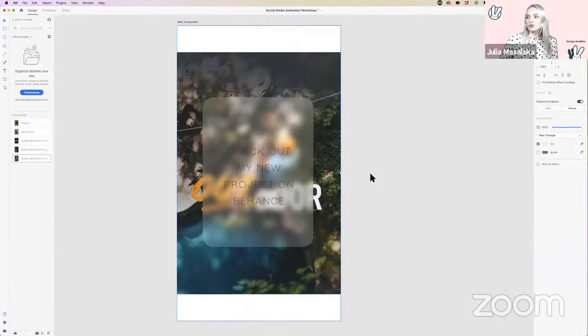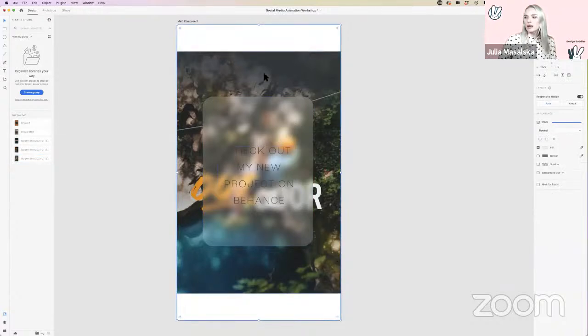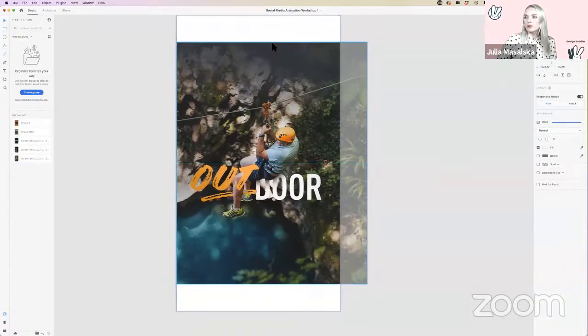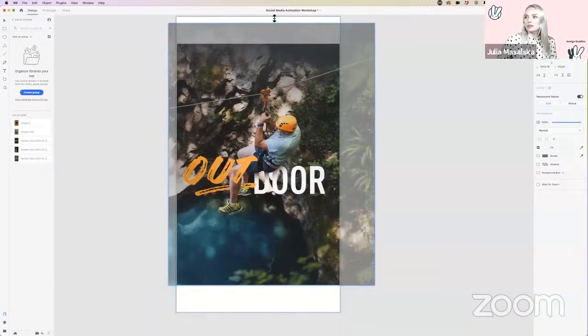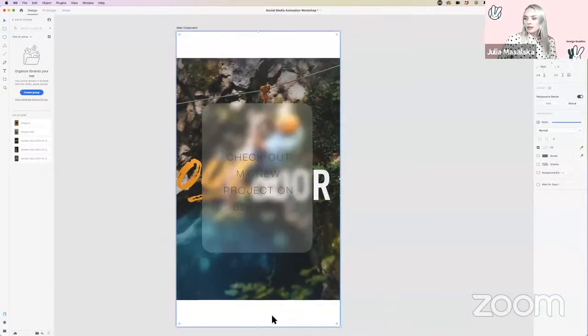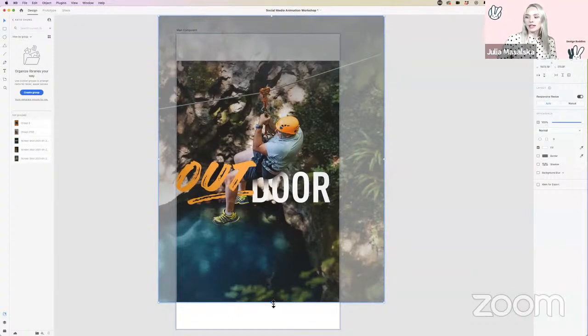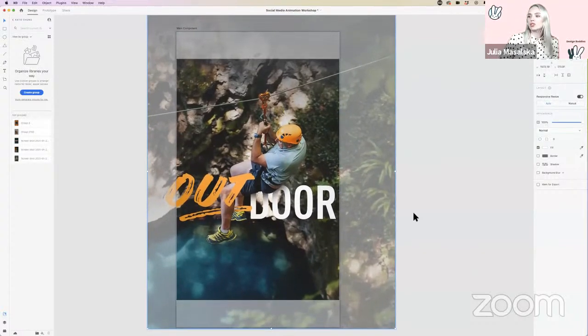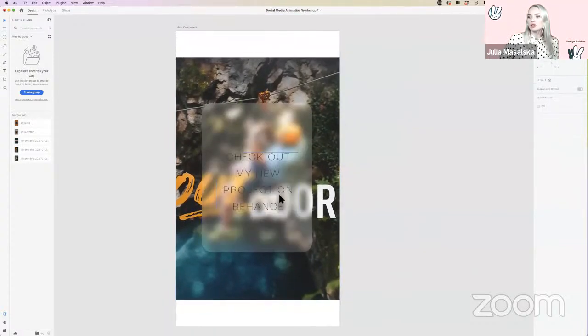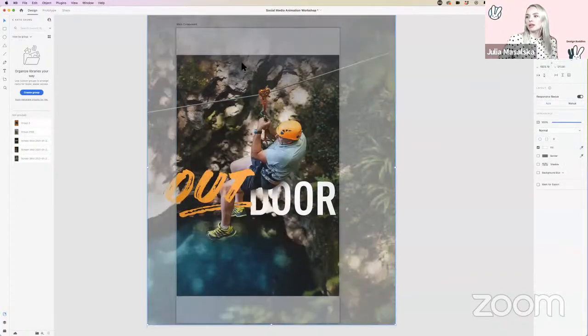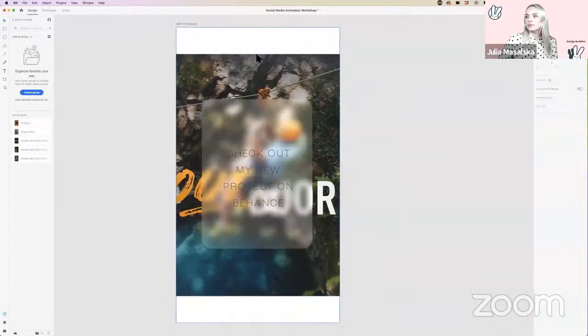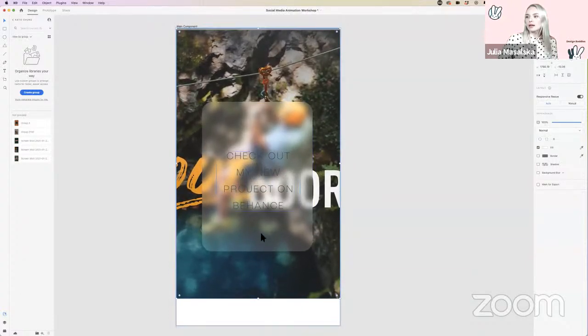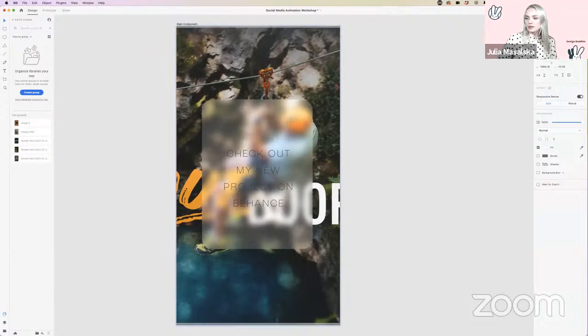So all you have to do is just drag and drop the image into the background, adjust it a little bit. So I'm going to now kind of pull it to the top and bottom. And to get into the image and to be able to adjust it, you double click into it. So now I have my project in the background. I don't know why my mouse is so crazy today. All right, so we're going to pull this out just like that. All right, and now we have our project in the background,